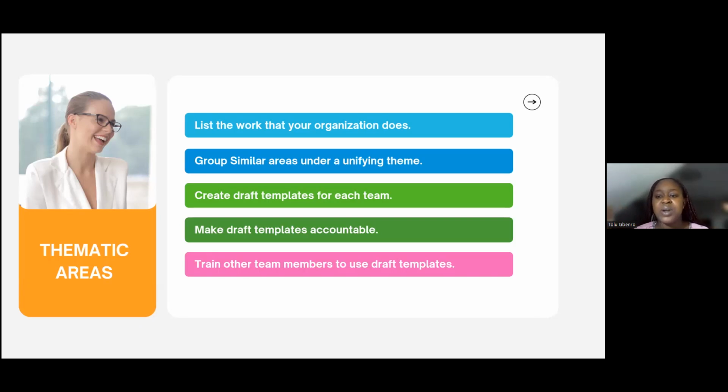Now, when you do that, the next thing you want to do is group similar projects under a unifying theme. So for instance, we have 4 research projects going. So research is definitely a big aspect of the work that this organization or social enterprise does. So you list research. Or we have a couple of events to organize, you want to list those out. Or for instance, we have one project going, but there may be a need to create a project division, you want to list that out. We have policy and policy implementation, we are going into that kind of thing. You want to list that out.